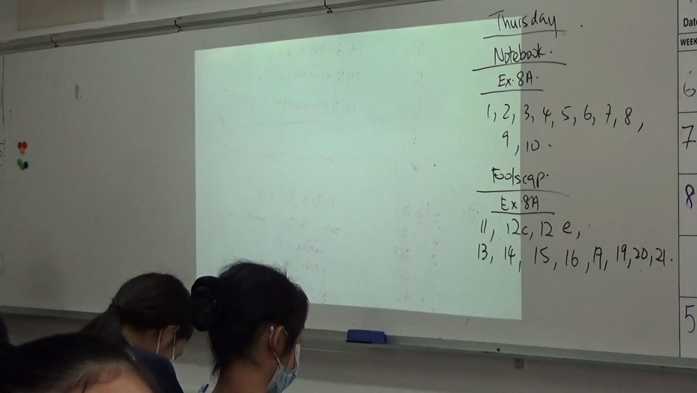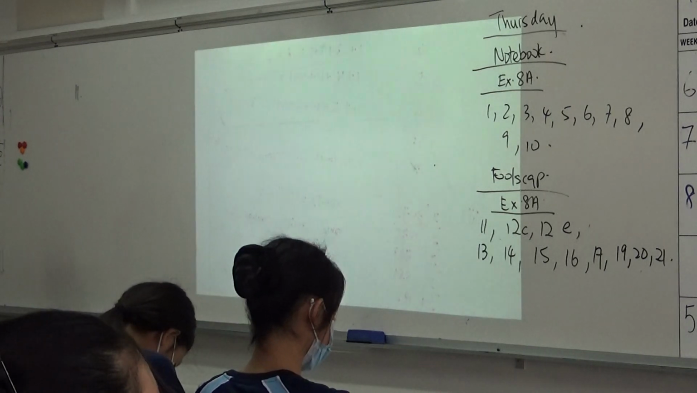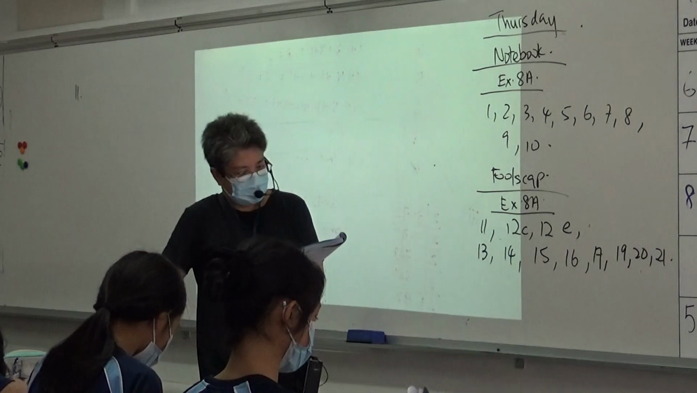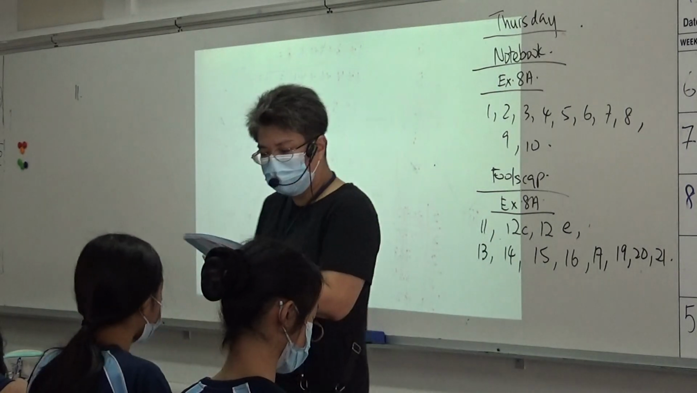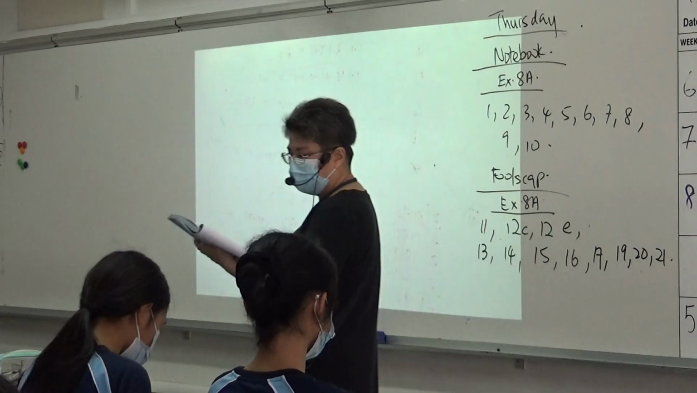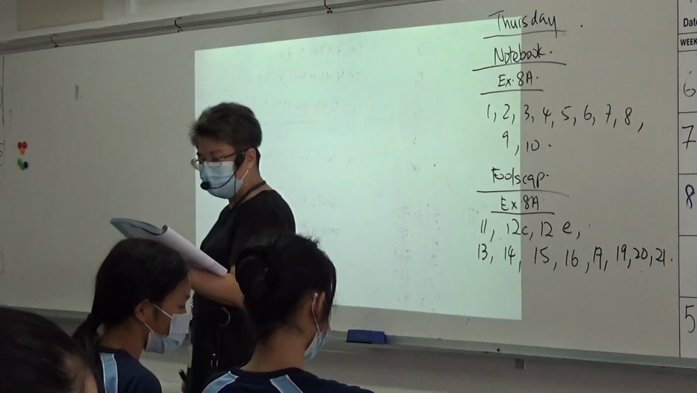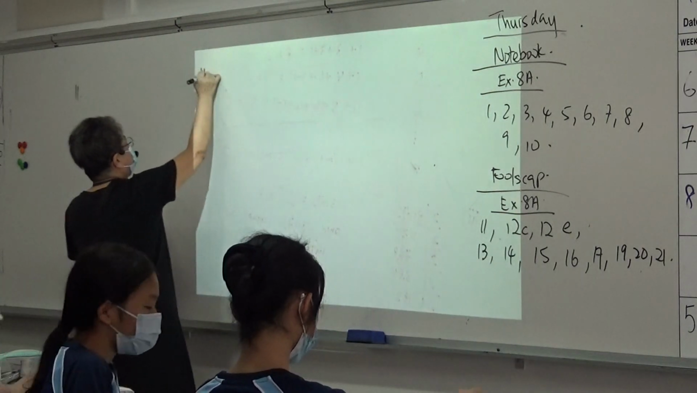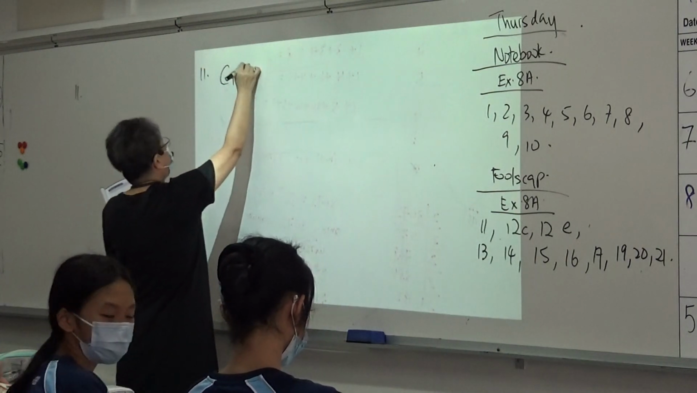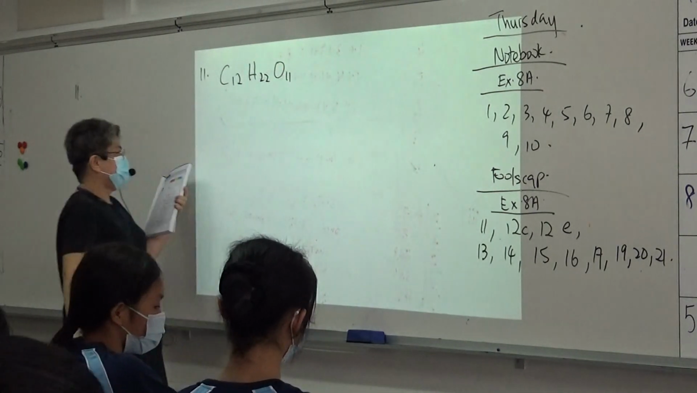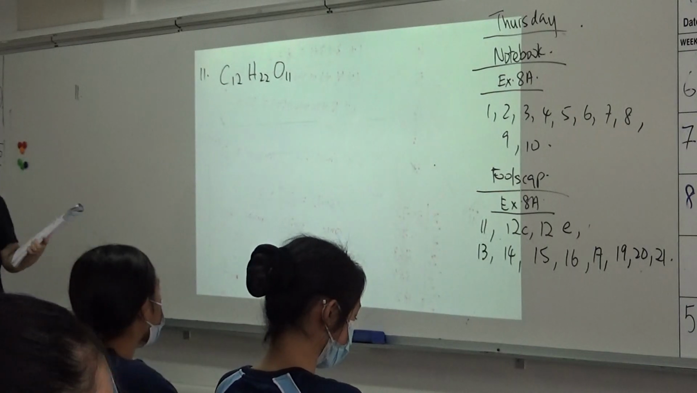Now let's take a look at question 11. This is how you should present. Don't just write nonsense. Sucrose is a compound produced naturally in plants from which table sugar is refined. It has a formula C12H22O11. Now if you do chemistry, C is carbon,